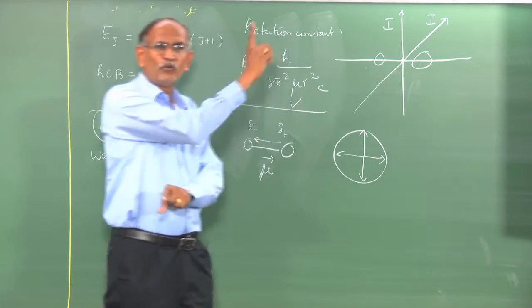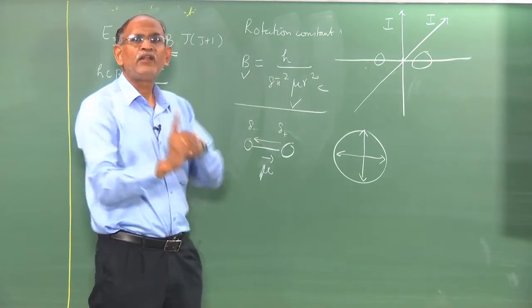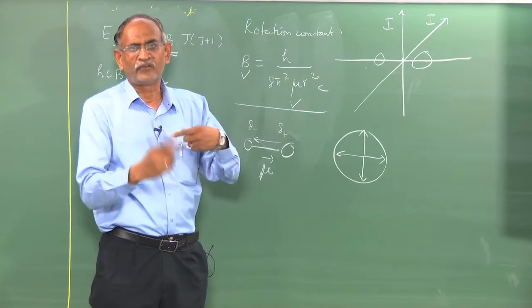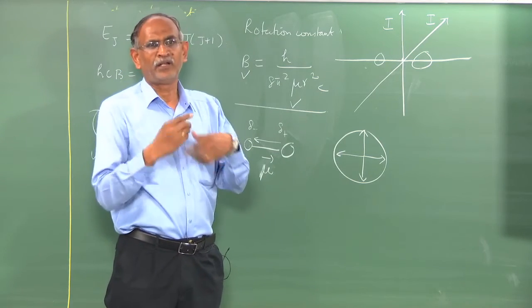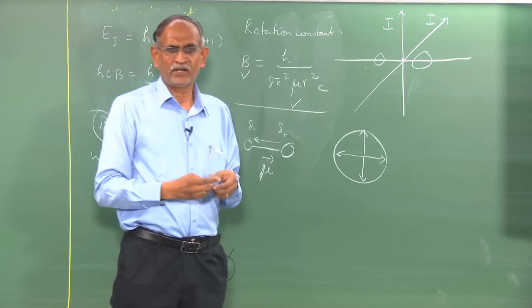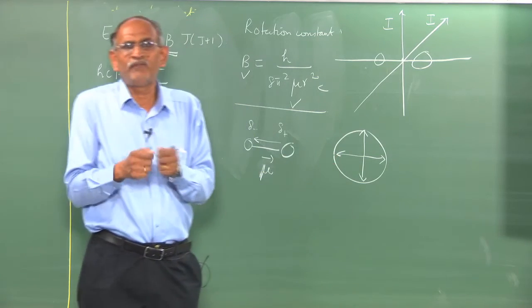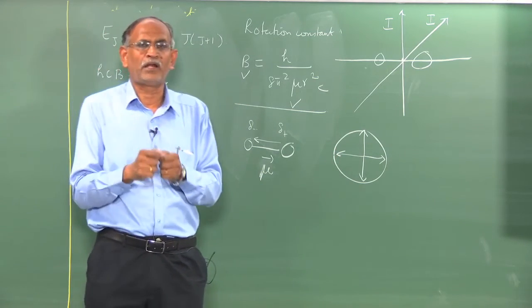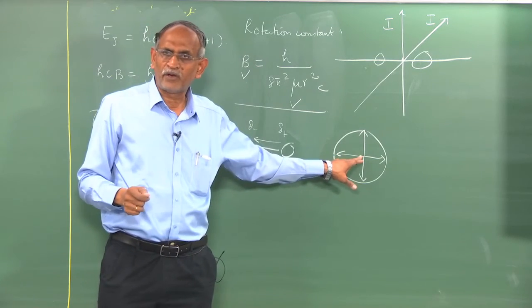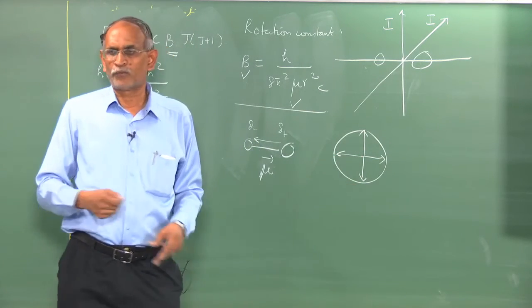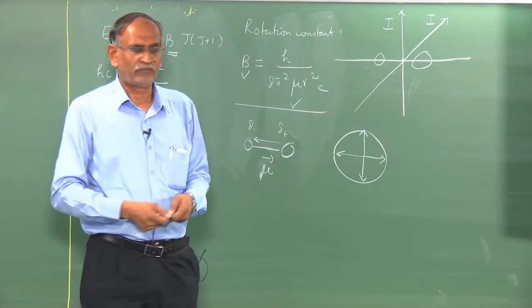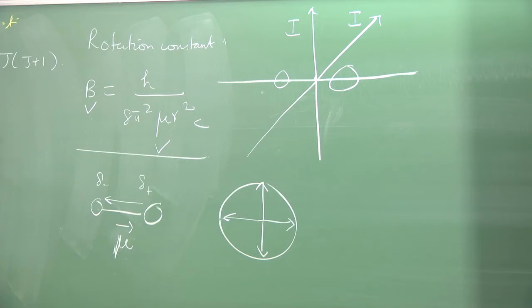So, those two such rotational motions lead to electric charge acceleration, the motion of the electric charge, the dipole moment. Therefore, they will resonate with the electromagnetic radiation of an appropriate frequency, leading to absorption of energy and leading to microwave transitions. And the microwave transition had a selection rule, namely delta J